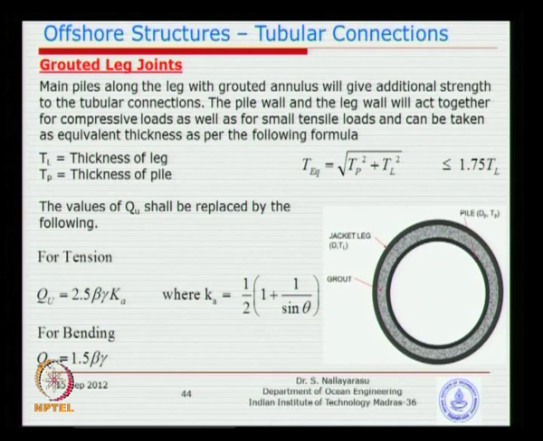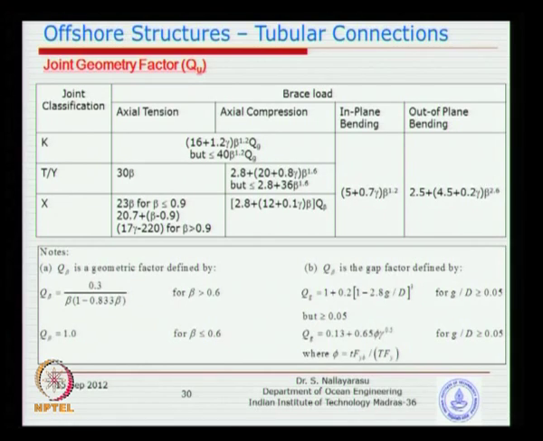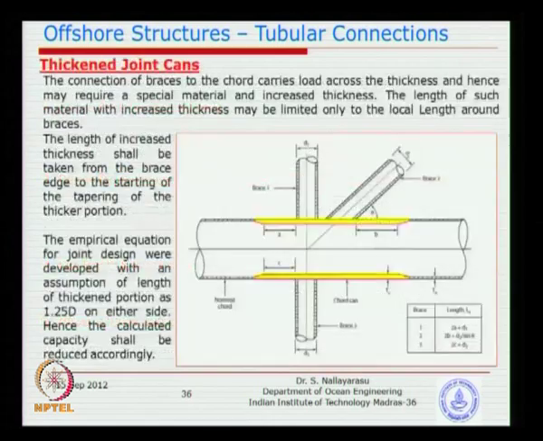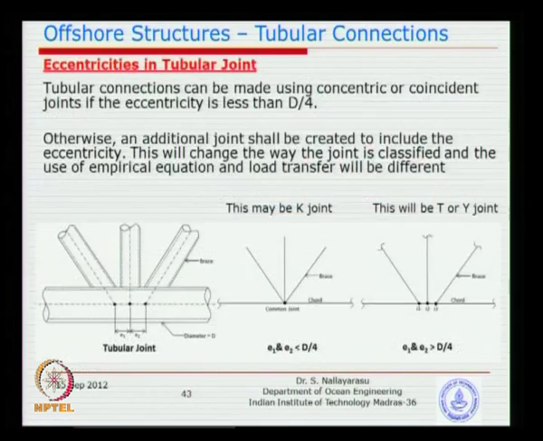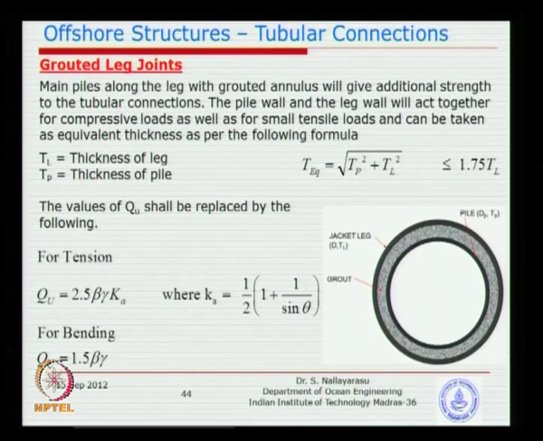I think QU for T joint was basically 30 beta, if I am not wrong. If you go back to the table, let us just quickly look at 30 beta for T or Y joints in axial tension. It changes to something slightly different here, because of the composite action, it is 2.5 beta gamma times Ka. Ka is defined as something like this for tension, and for bending it is also a slightly different formula. So only these are the changes you are going to make to the original computation,